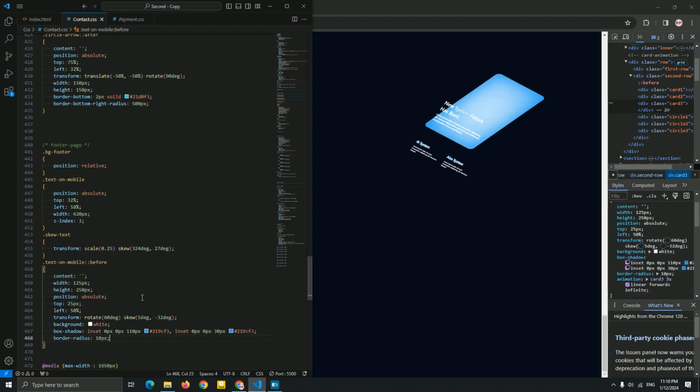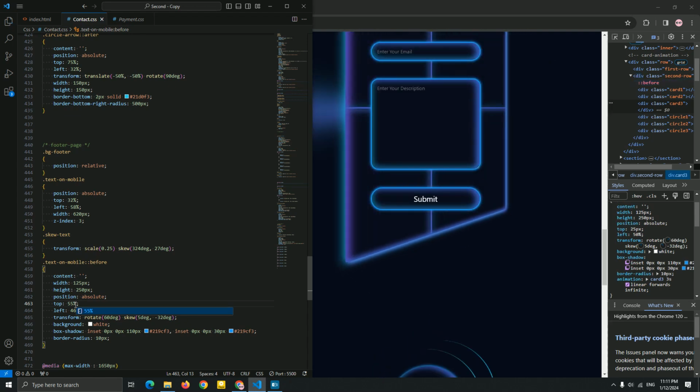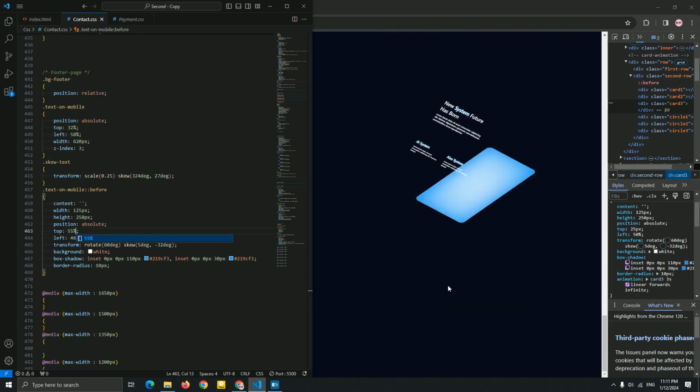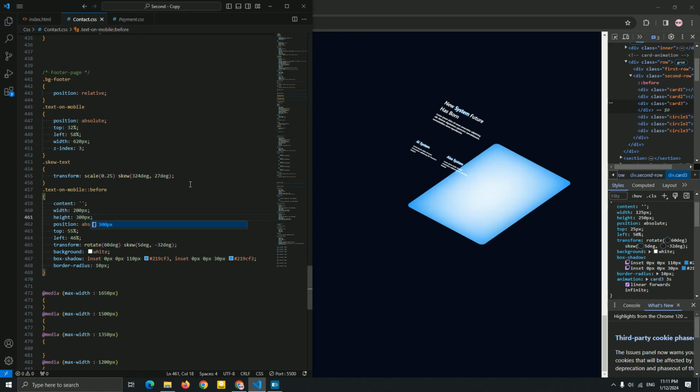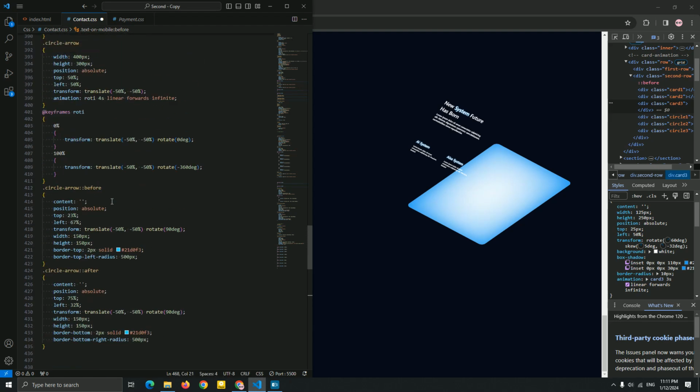Let me just add a transform. Let me see. Let me just add a left. Okay, top, let me add 55% to be a center. Okay, yep. Now let me see more what we need else. Let me add width 200 pixel, height 300 pixel. Okay, let me add the border radius 20 pixel, and let me add the animation, guys, for this.